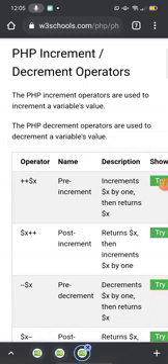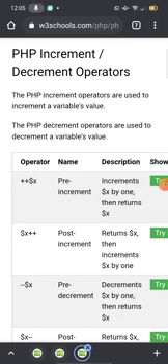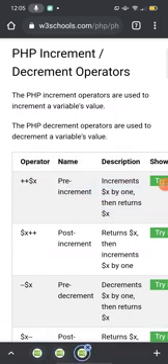The first is the increment operator, plus plus $x. First of all, plus plus $x is our pre-increment. If the plus is used first, then it is known as pre-increment.